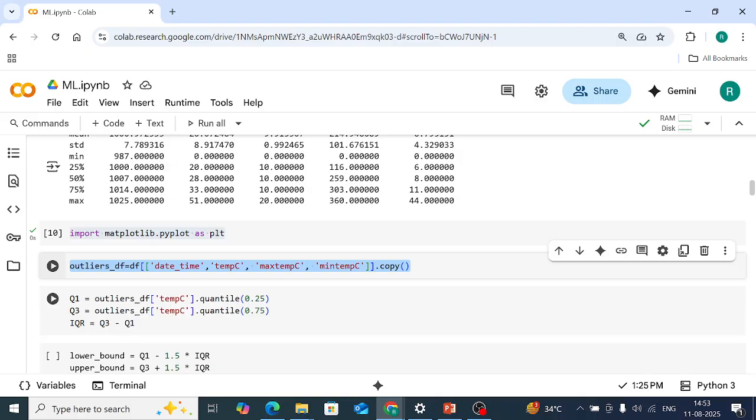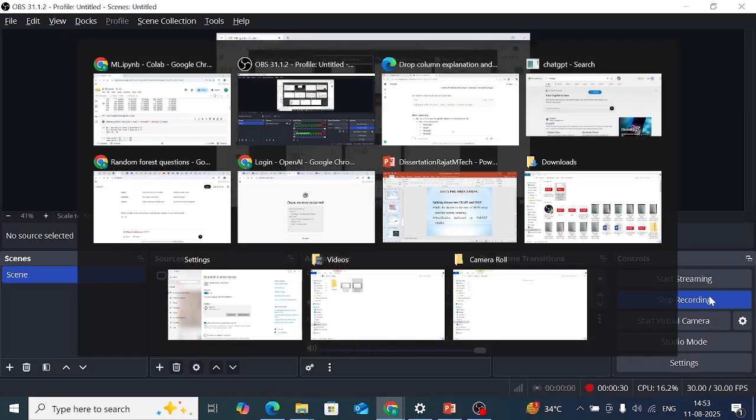नमस्कार देवियों सज्जनों। अब हम सबसे पहले बात करने वाले हैं आउटलायर्स की कि हमने इस कोड में एक चीज़ और लिखी है कि भाई outliers_df = df[['datetime', 'temp_c', 'max_temp_c', 'min_temp_c']].copy()। इसका मतलब क्या है आइए देखते हैं।